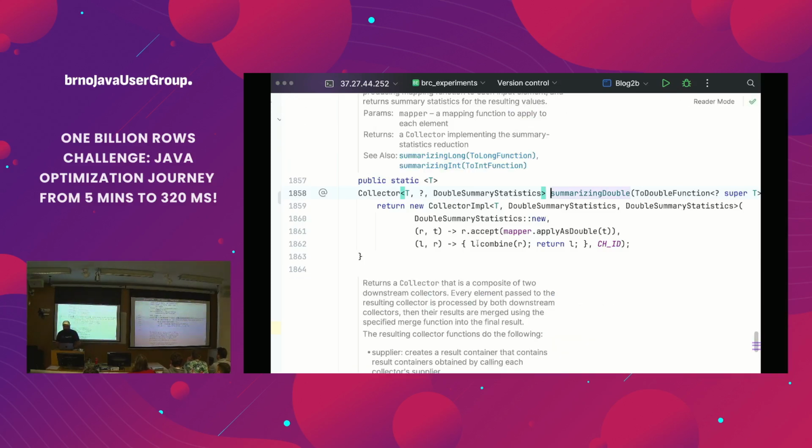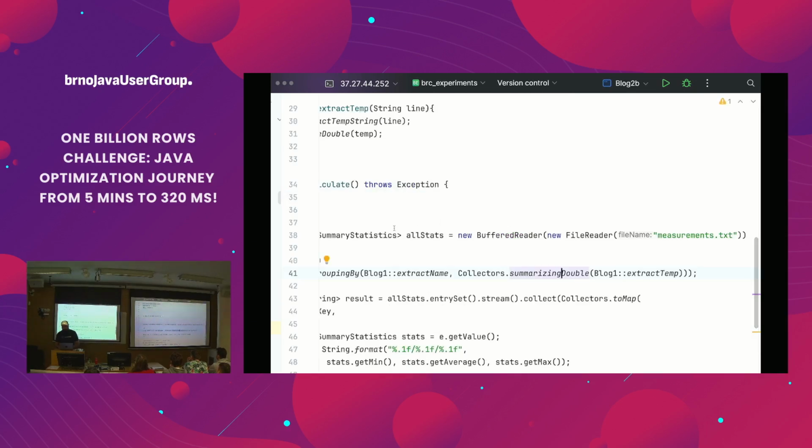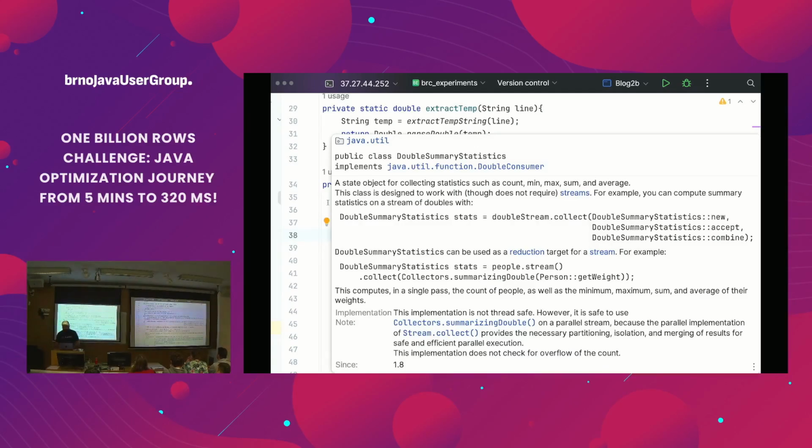Basically, for each entry, it gives you its minimum, maximum, sum, and count. So pretty much what we need. And the result of this step is a map. The key is the name of the city. The value of the map is the statistic with min, max.